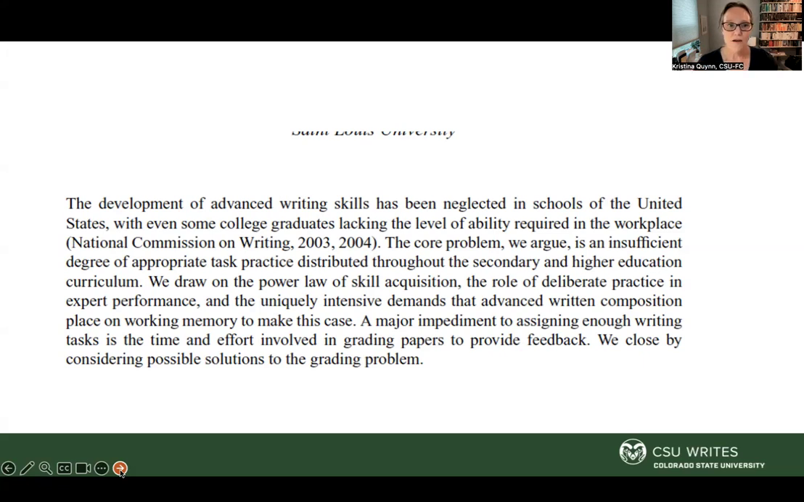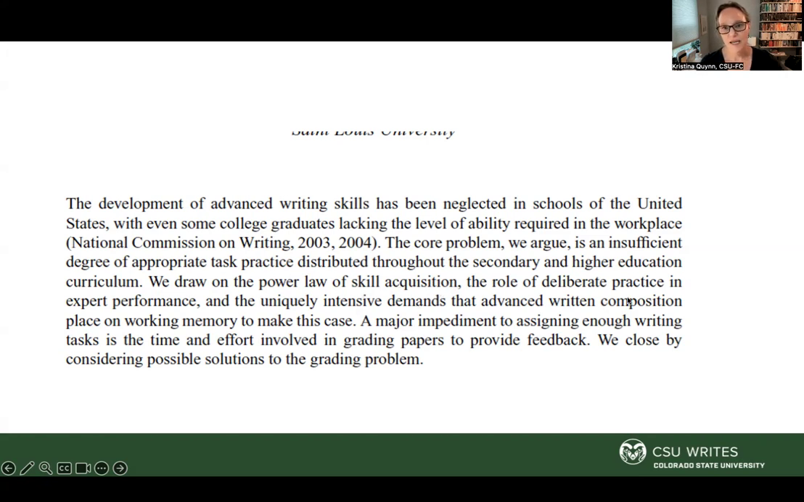So notice where they go. They go from setting up this big picture that there's a problem in the US with graduates lacking the ability required in the workplace, right? And so that they're not being trained well enough in writing. The core problem, they say, is task practice distributed throughout the curriculum. And there are ways that they identify that task practice as being tied to acquisition and the role of deliberate practice